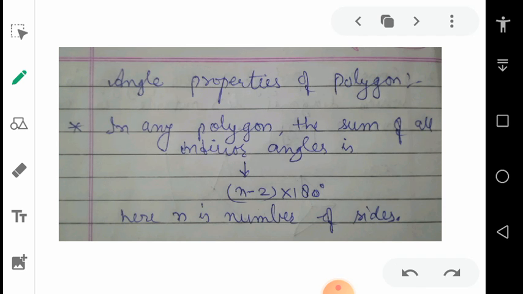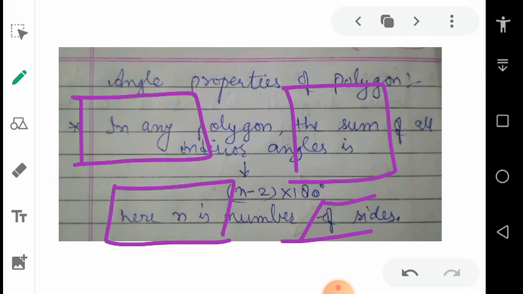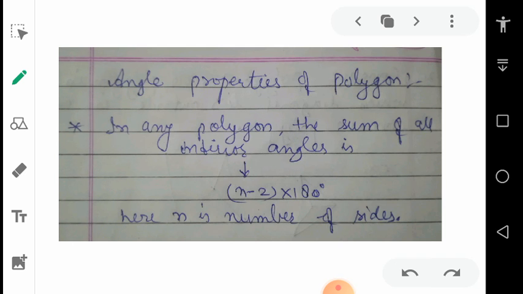So what about quadrilaterals? There are many. For example, a rectangle is a quadrilateral, a square is a quadrilateral, the parallelogram is a quadrilateral. The trapezium is also a quadrilateral. So for all the quadrilaterals, the angle sum is 360 degrees. It doesn't matter which quadrilateral we are considering. Now this formula we will use where n is the number of sides. So we will put the value of n and will obtain the sum of all interior angles.